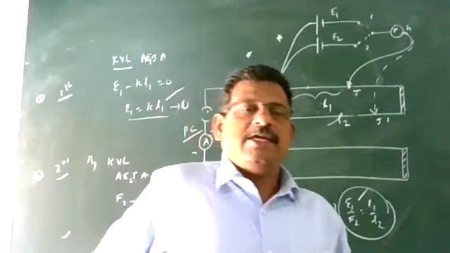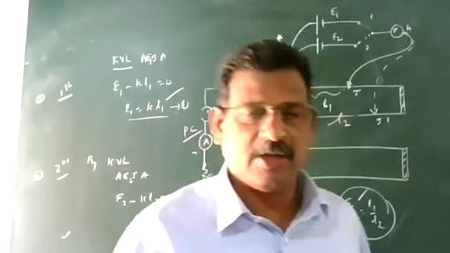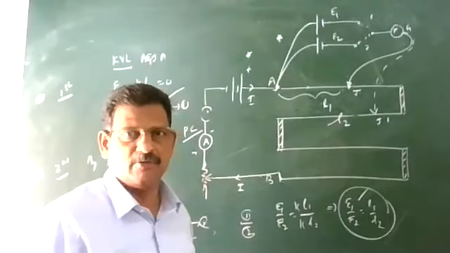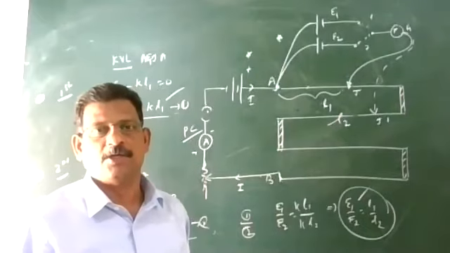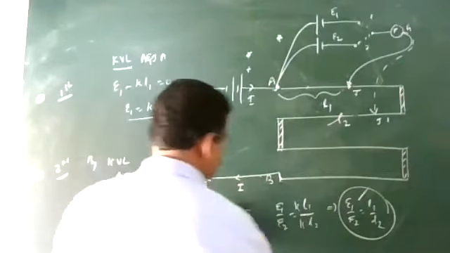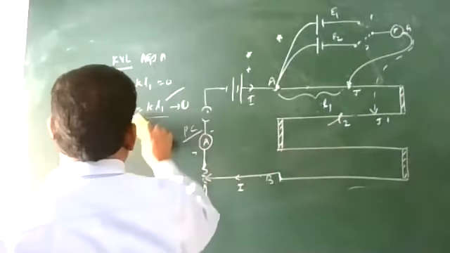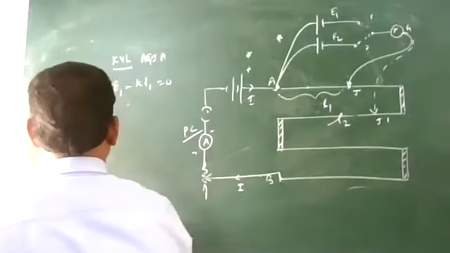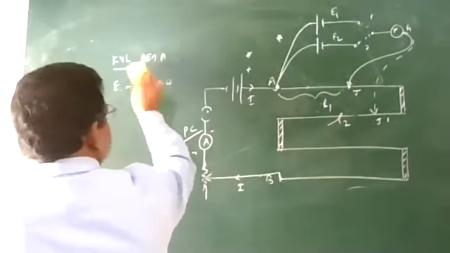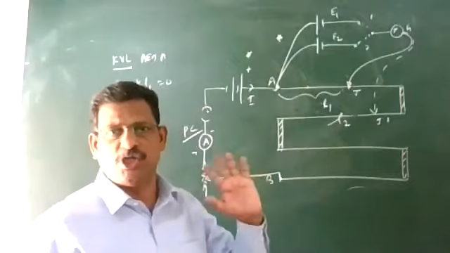Next, again a very important one: potentiometer to measure EMF and to measure internal resistance. The next application is again very important, because the diagram is already here. There is no need for changing the diagram. The primary circuit is exactly the same. I am coming to that part also: how to measure internal resistance. The primary circuit as such has no change.